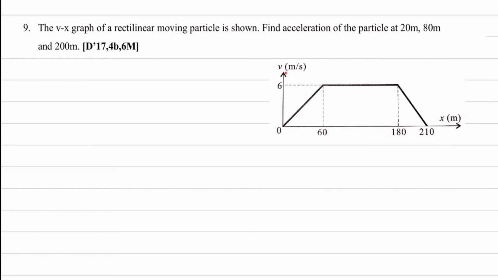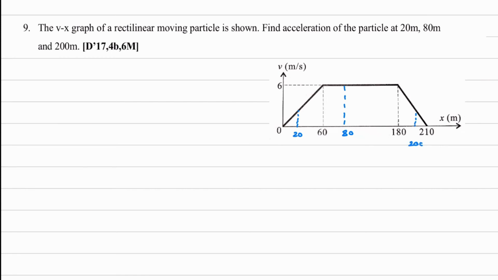This is velocity and this is displacement. Now displacement value has been given in the question. We will mark those values on this x-axis. What is the first displacement? Here you can see this is 20 meter. What is the next displacement? It is 80 meter. Okay, so we'll mark that displacement. So suppose this is 80 meter, and last is 200 meter. So from here 200 meter it will be over here. So this will be